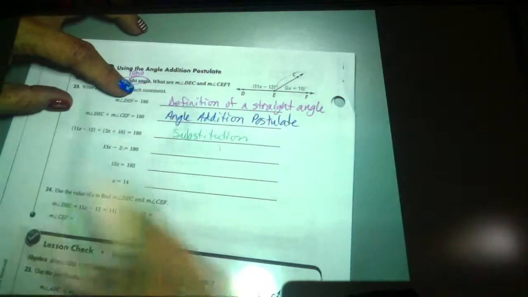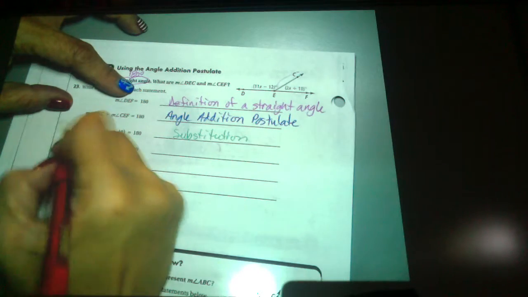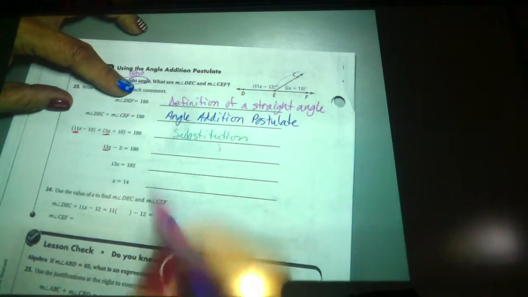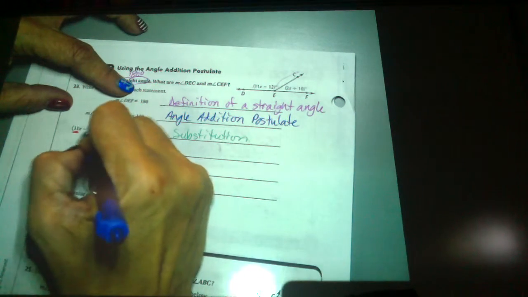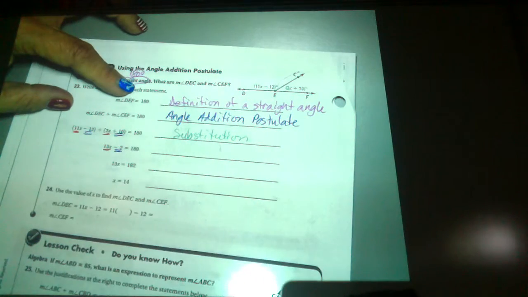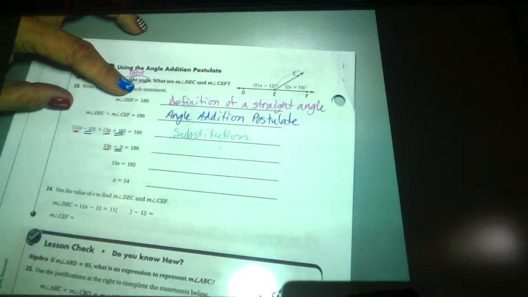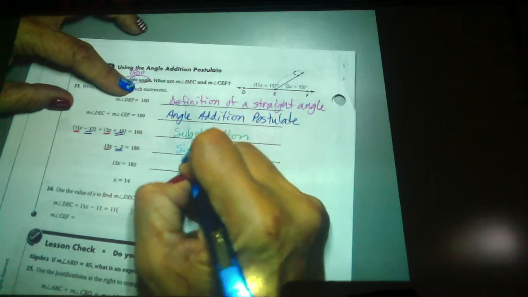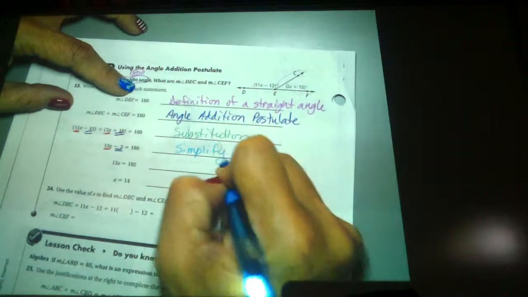They took 11x and they added 2x to it and they got 13x. Then they took negative 12 and they added 10 to it and they got negative 2. So that is your simplifying. Then what do they